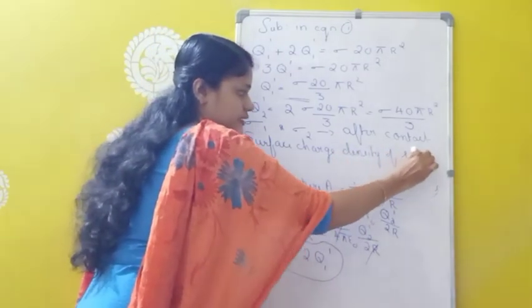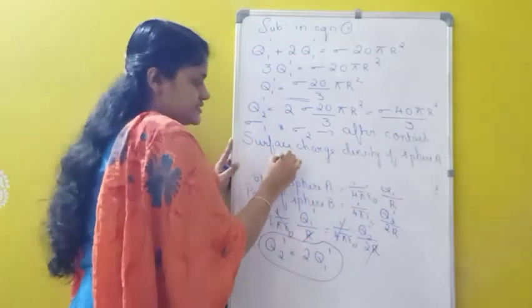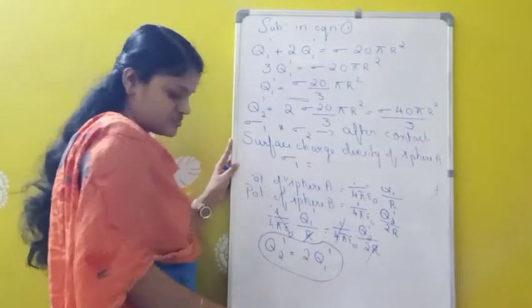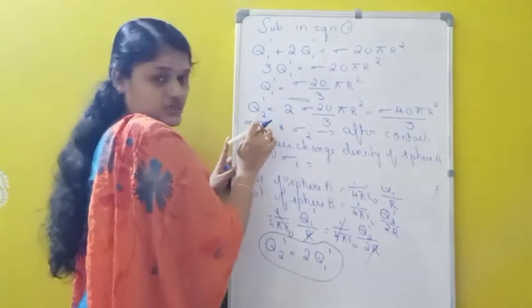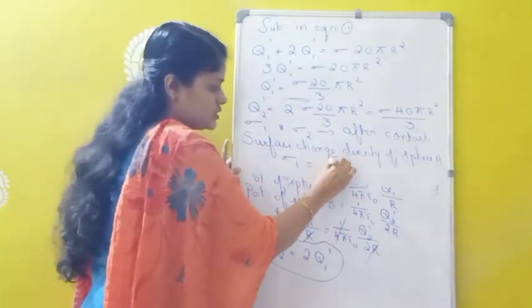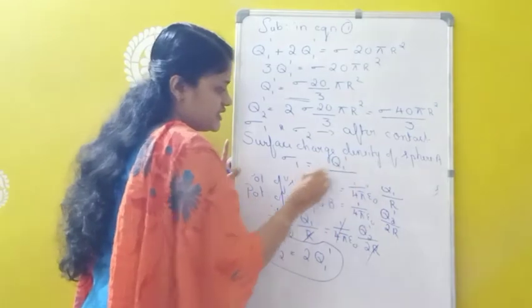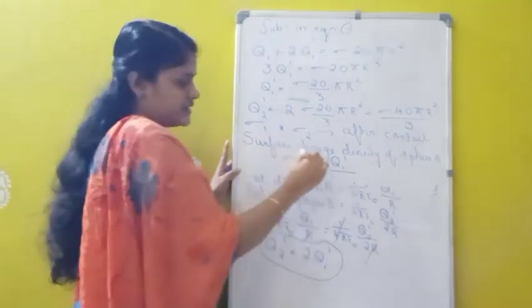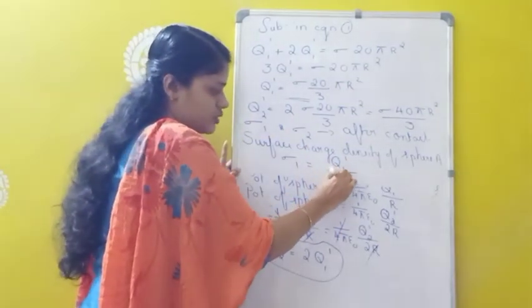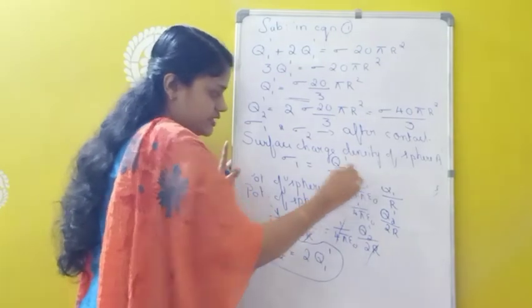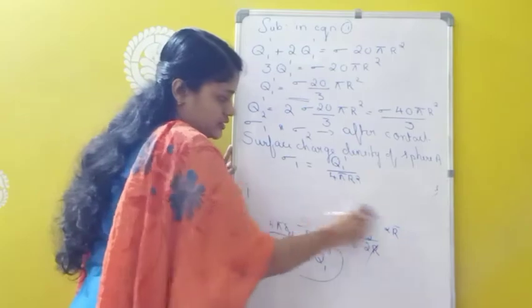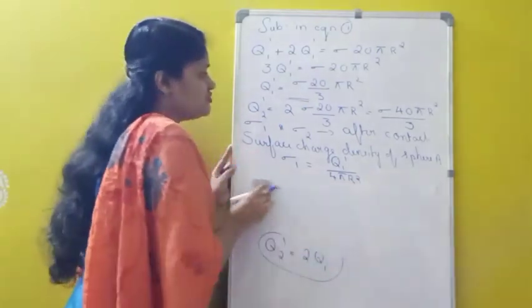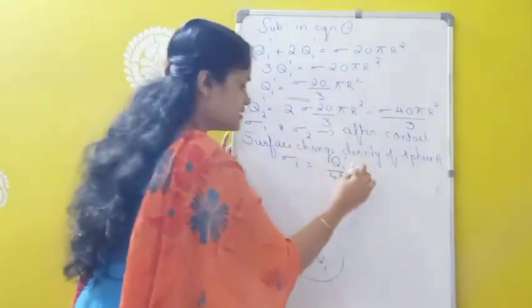Sphere A is taken as sigma 1. What is the formula for surface charge density? Charge by area. What is the charge of this first sphere? Q1 dash, divided by the area. How will you find the area? 4 pi r square. So Q1 dash over 4 pi r square. What is Q1 dash? We only just found Q1 dash: sigma into